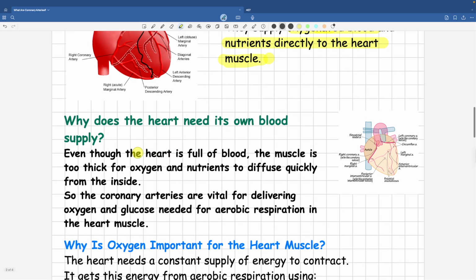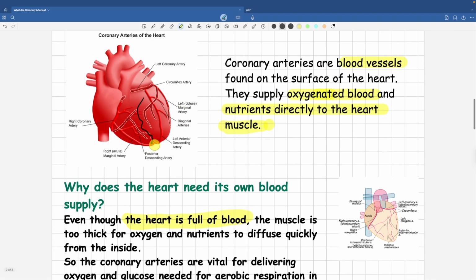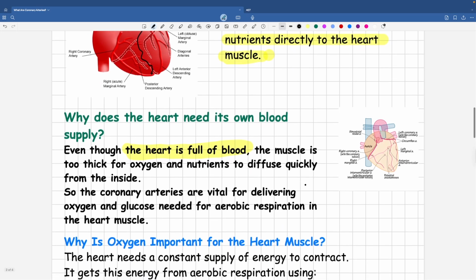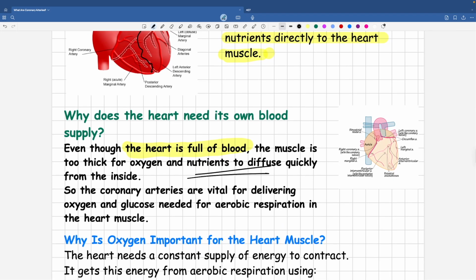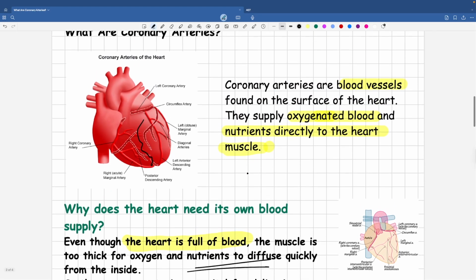Even though the heart is full of blood, the heart muscles are very thick. Look at this thing. These are very thick muscles. So oxygen and nutrients cannot diffuse through the heart that easily or that quickly, right? So as the heart continuously contracts and relaxes,